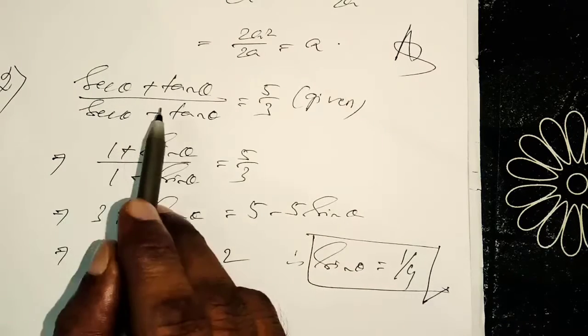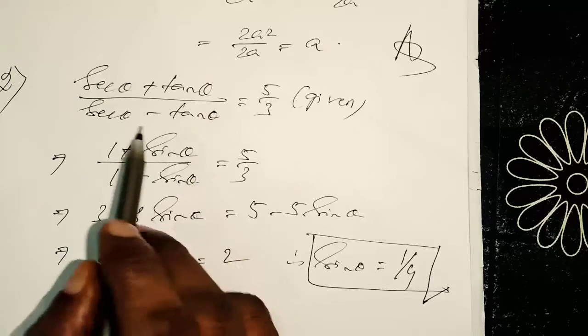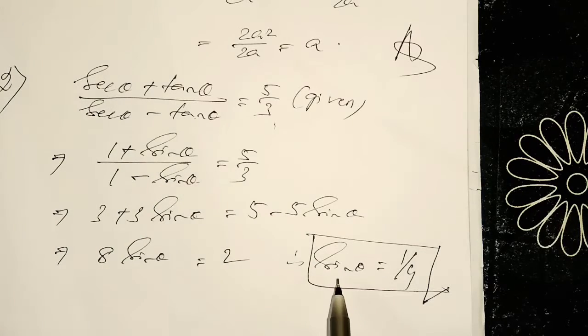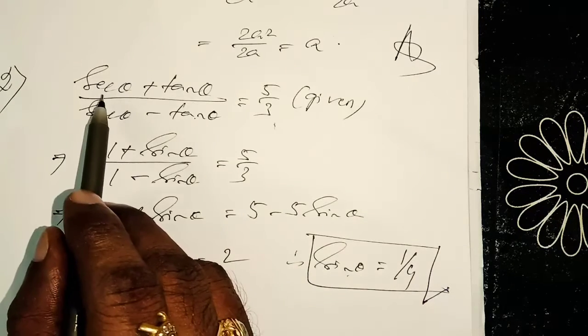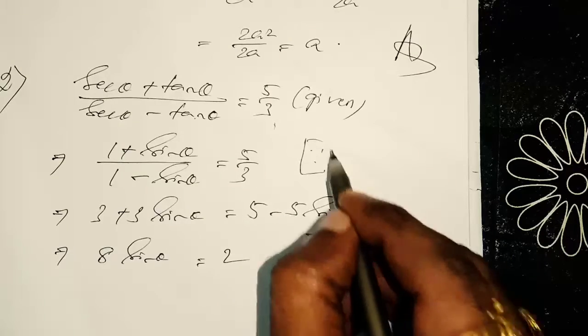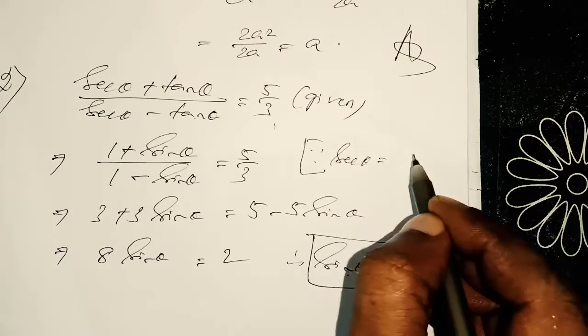Question given: (sec theta plus tan theta) by (sec theta minus tan theta) is equal to 5/3, and you have to find out the value of sin theta. How quickly I am solving, that is the way to solve. Okay, solution part. As you know, sec theta is equal to, I have to write the formula if you have not remembered, sec theta means 1 by cos theta,